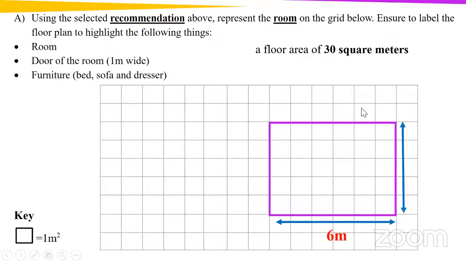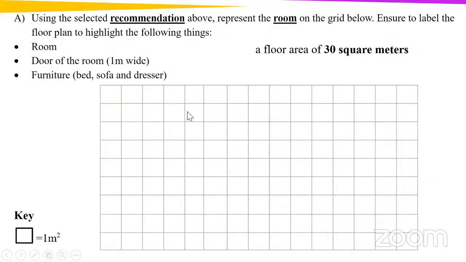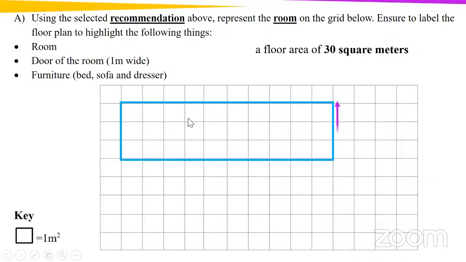Good job. Okay, boys and girls, so there you have it. You have looked at the different representations. And remember earlier on, you gave me other dimensions, but based on our grid, we were not able to express it, but we were able to come up with other possible dimensions of our room. For today's purposes, we are going to be working with our 5 by 6 dimension.